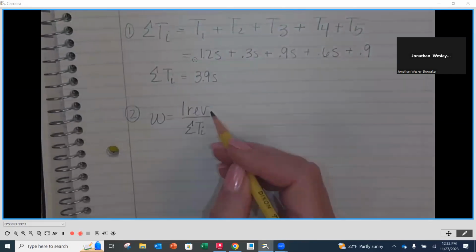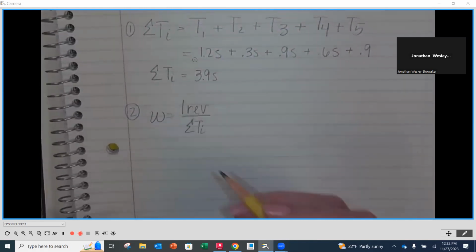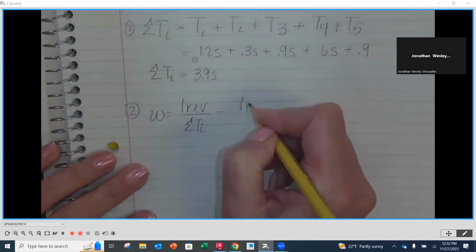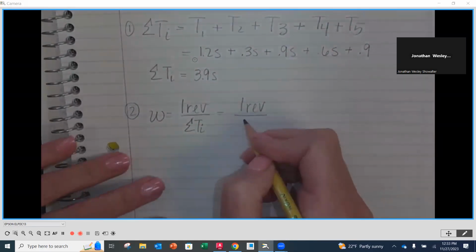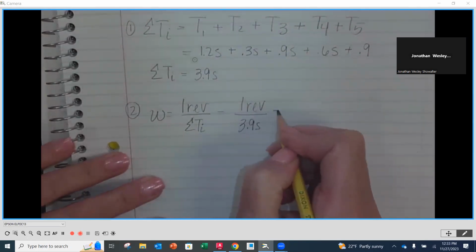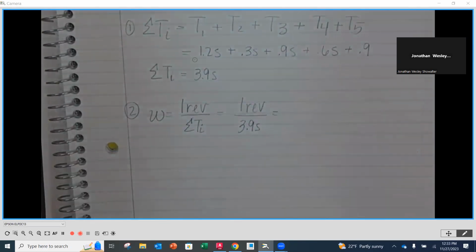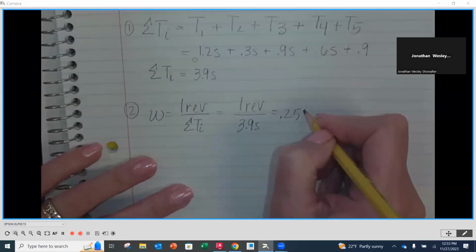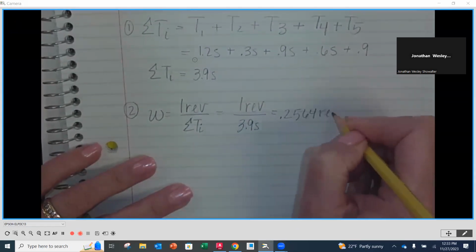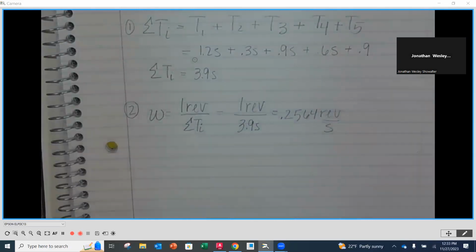So here is our equation in variable form. We're going to keep 1 revolution up there because it's going to be the cam going around 1 time. So the 1 always stays on top, divided by 3.9 seconds. So 1 divided by 3.9 seconds is going to be 0.2564 revolutions per second. Now, keep that one handy,